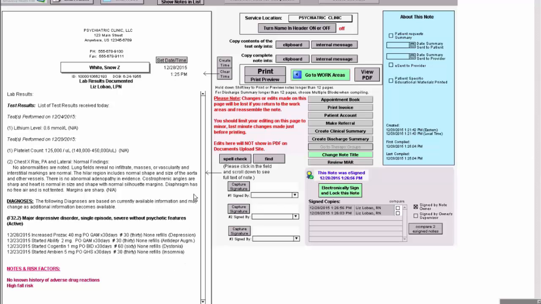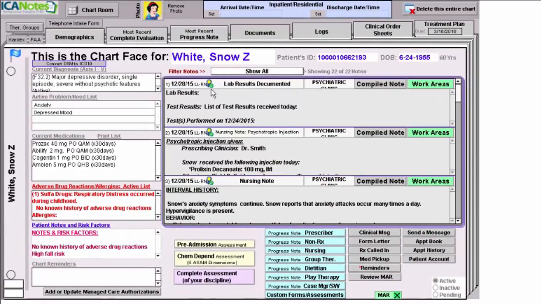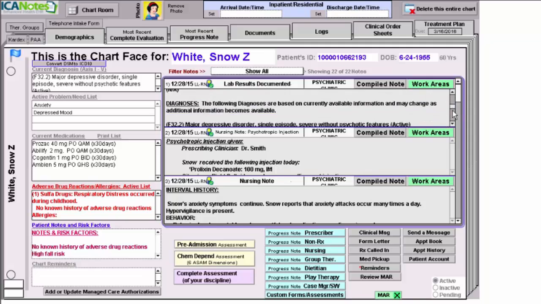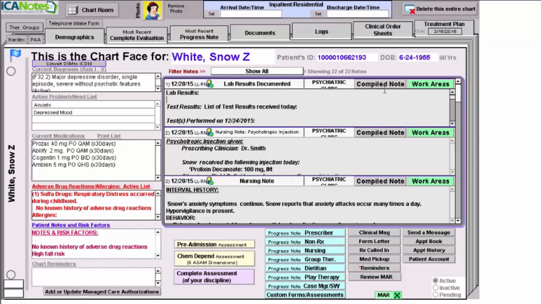This is now a legal document. And when we go back to our chart face, you can see that it's electronically signed, the exact same note. Once again, because this is a short note, you could read this here. Let me also show you from here, from the chart